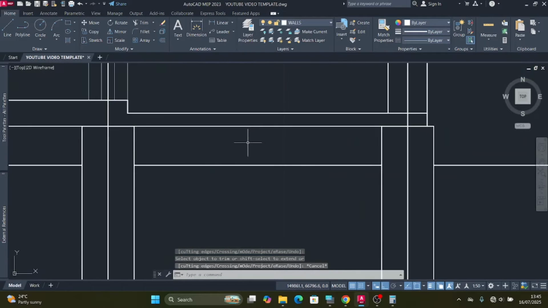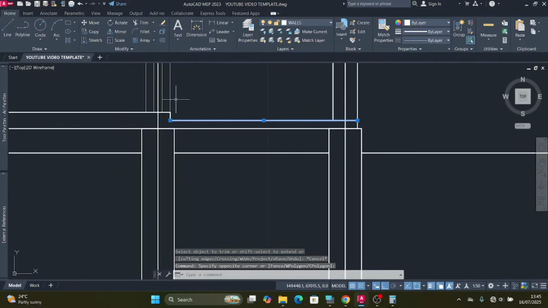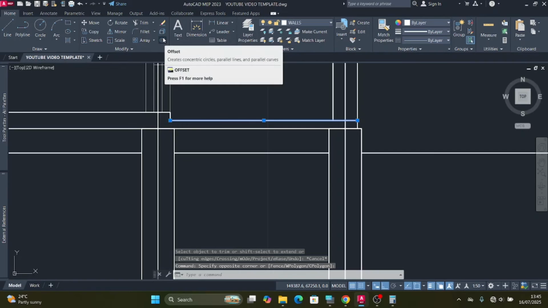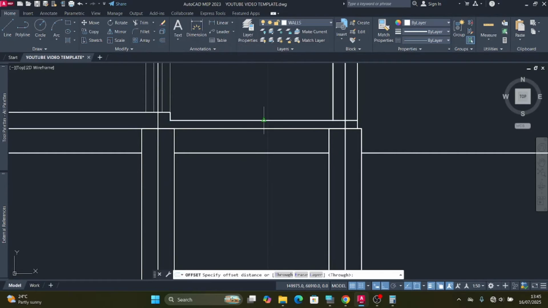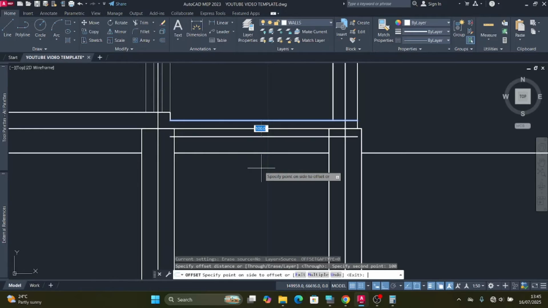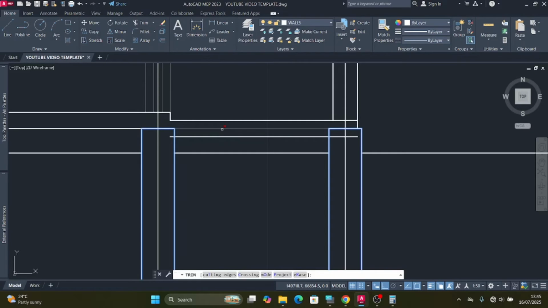Then I'll select this line, click at the offset command, give it an offset of 100 millimeters, then also another offset of 1500, right? Then select these two plinth walls, delete, trim off that line,